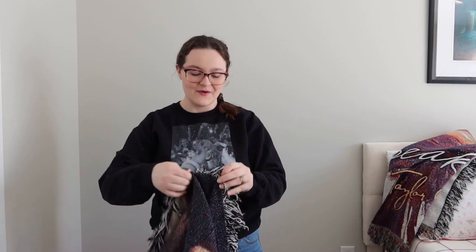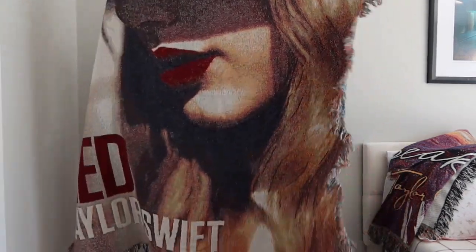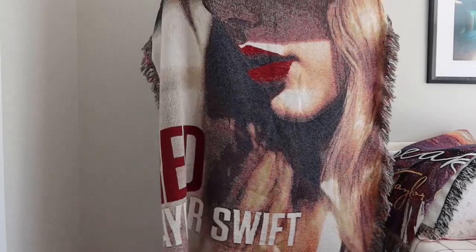Okay, so the next one that I have is from Red, not Taylor's version, the original Red. And it's the same concept. It's the woven blanket, and it looks like this. Hopefully you guys can see it. I'm trying my best. I'm just really short. So this one was actually purchased at Walgreens. You heard that right. There was Taylor Swift merchandise at Walgreens when the original Red dropped,